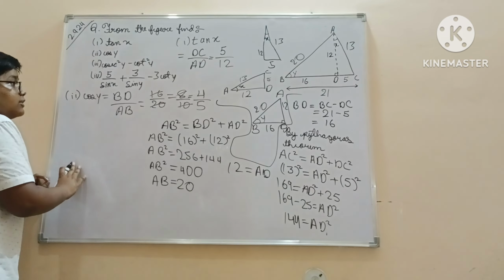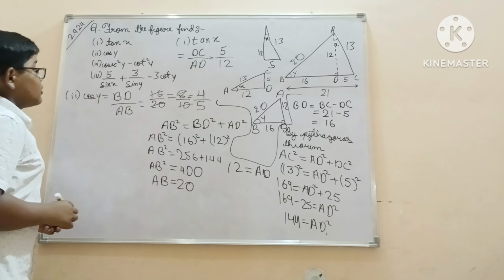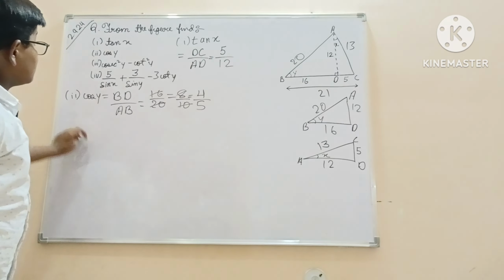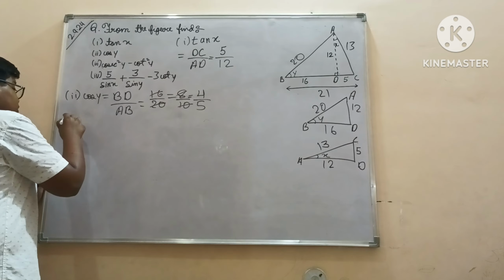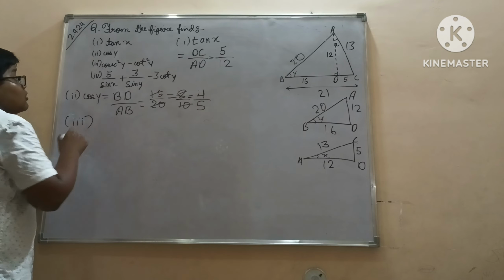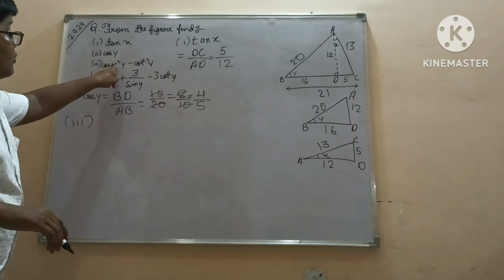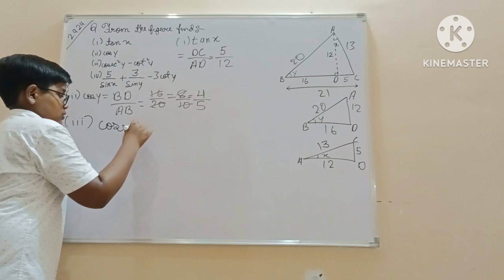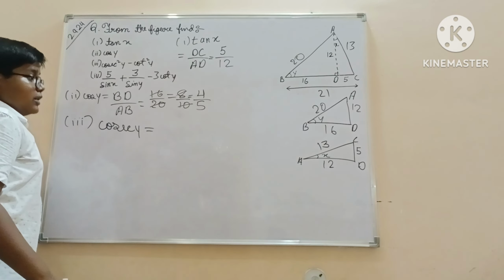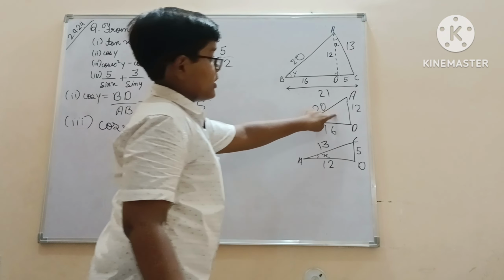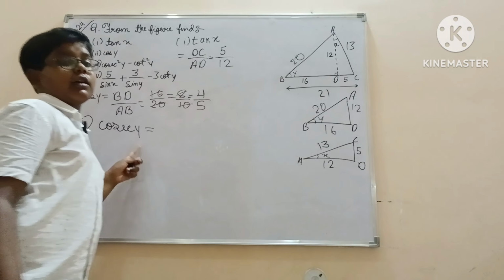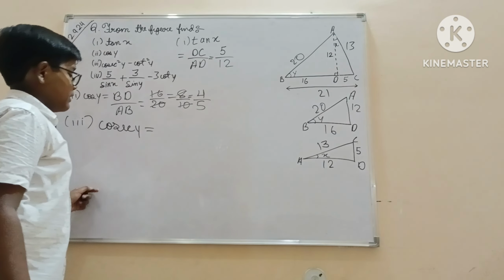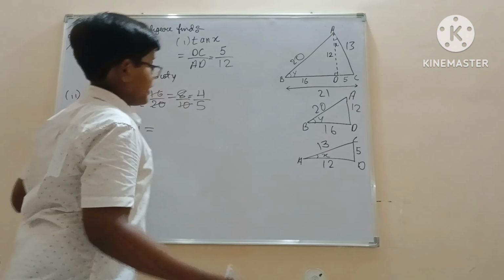Now our third is cosec squared y minus cot squared y. So we will find our third equation, which is cosec squared y minus cot squared y. So in order to find this, we will first find cosec y and cot y. So cosec y, which will be considered in this triangle because y is the theta and y is here also. So cosec's value is hypotenuse divided by height.